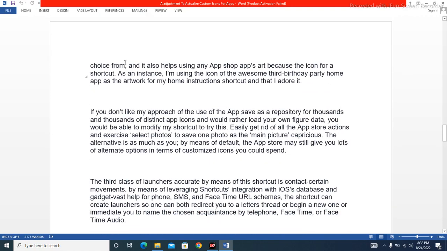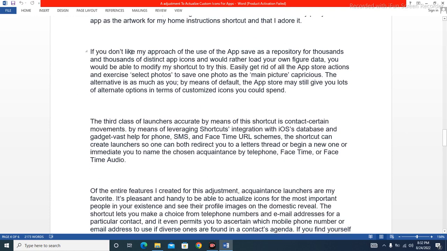choice from, and it also helps using any App Store app's art as the icon for shortcuts. As an insane instance, I'm using the icon of the awesome birthday party home app as the artwork for my home instruction shortcuts, and I adore it. If you don't like my approach of the use of the App Store as a